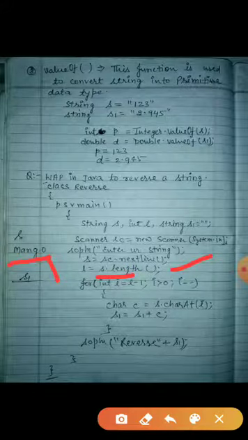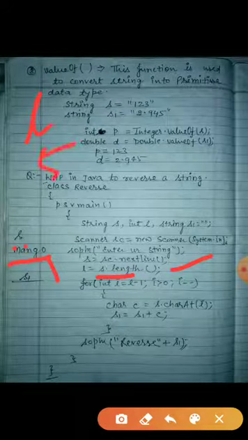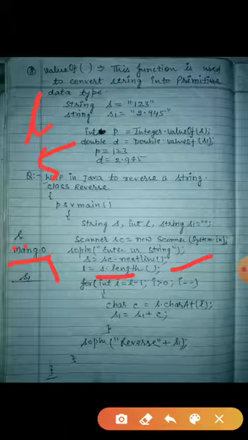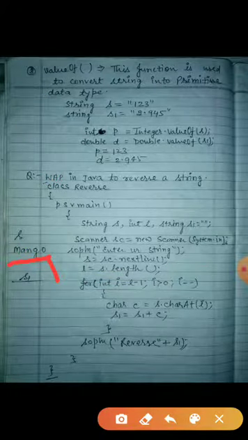Okay, so you know the use of the length function. The length function will find out the length of your string, meaning how many characters are in your string. So now what will go in L? 1, 2, 3, 4, 5. So 5 will go in L. So what is in L? 5. Clear? So now, but you look here, my dear, you look here.